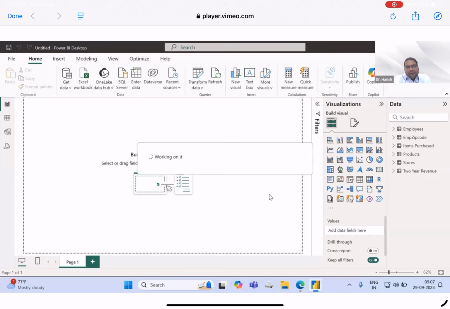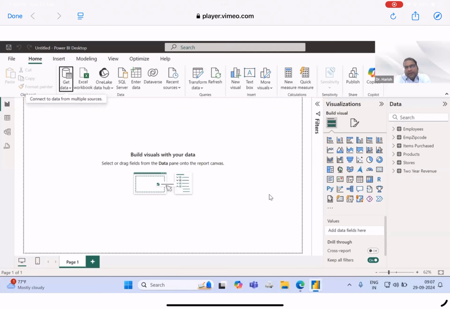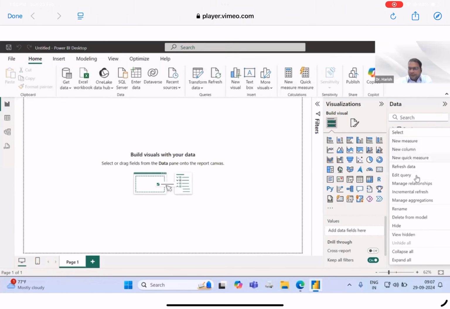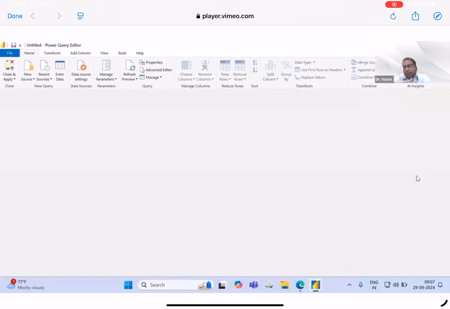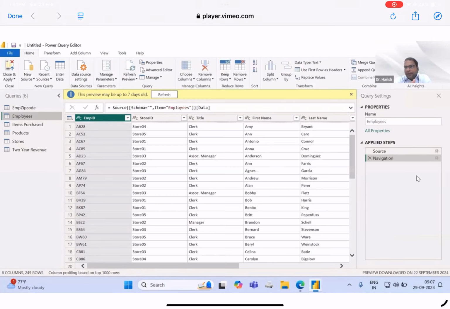So the advantage of making this data model is to retrieve data or information from different data sources. In the same way, if I open the 3 dots and click on edit query, it will open my Power Query window where we can modify the data set, let's say monthly transactions, yearly transactions, or group by functions, deleting columns, adding columns. That is the part of Power Query. And once you have done all the changes, please click on close and apply,